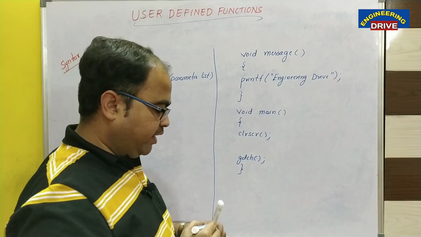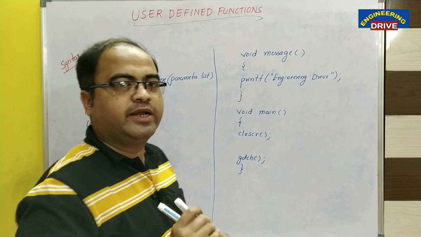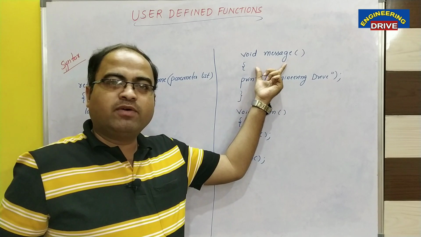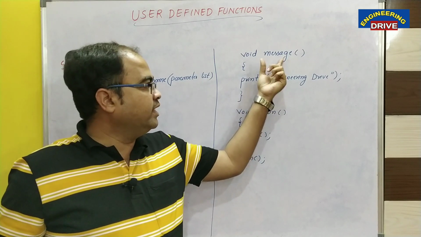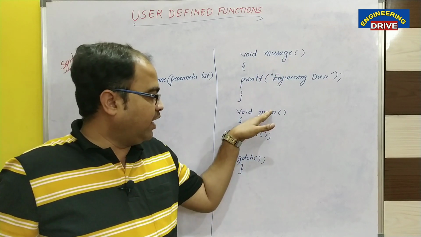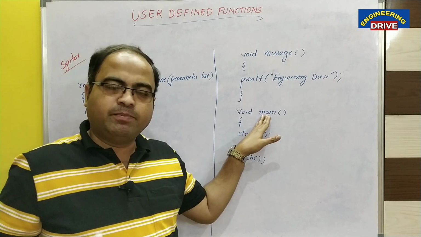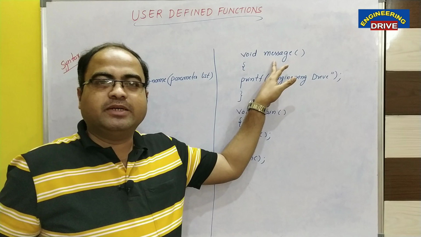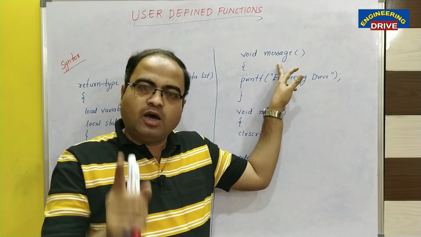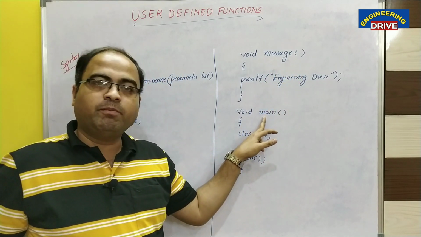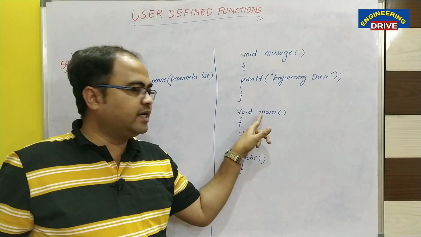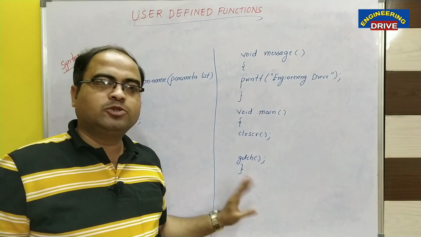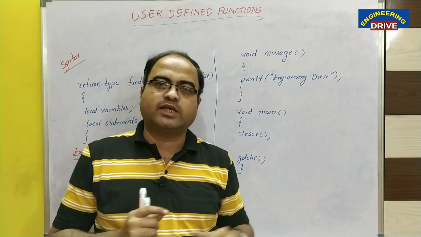Okay. Now if you write this type of program also, you won't get any output. The reason behind this is, in our program two functions are there now. One is the user defined function message, and one more is a main function, which is a built-in function. C program always starts its execution not from message, not from user defined function. Always it will start its execution from main function only. So control will enter into main, CLRSCR, previous output is cleared, getch, program close. We will not get any output on the screen.